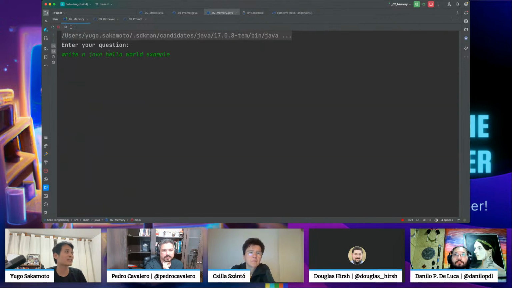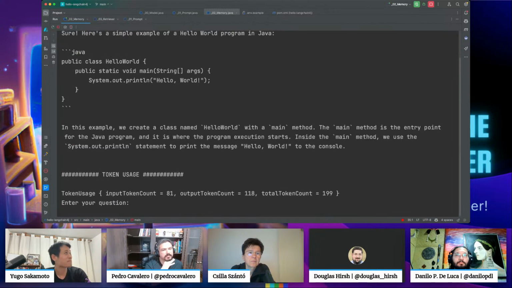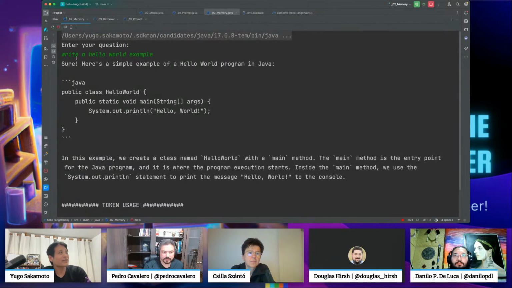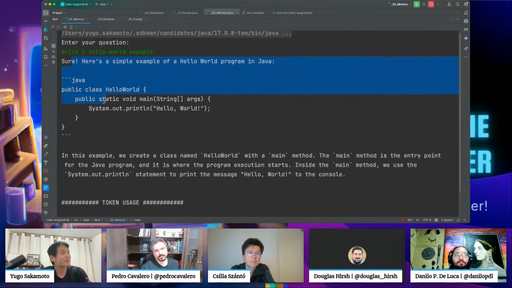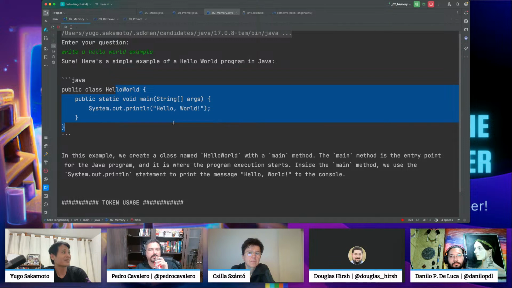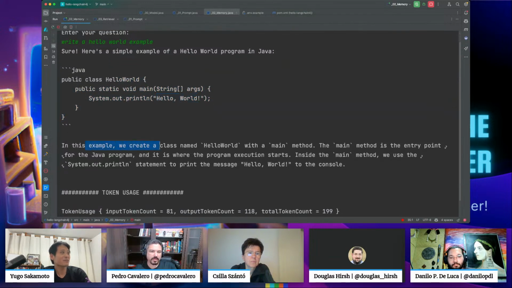Actually, it is already a Java bot, so write a hello world example. It will write in Java because I instructed it to write in Java. Good. So I asked it to write a hello world example, and the model just answered with hello world and the system print line hello world. And in this example, we create a class named world with blah, blah.